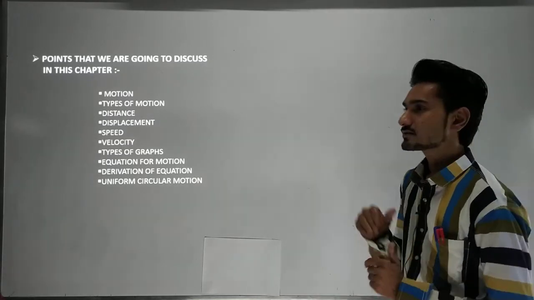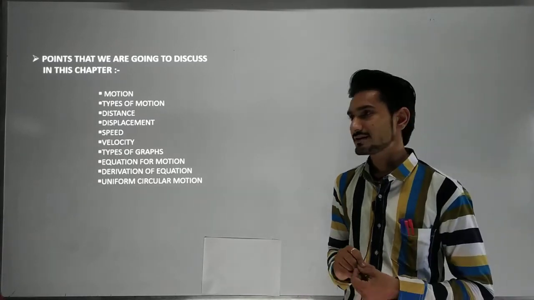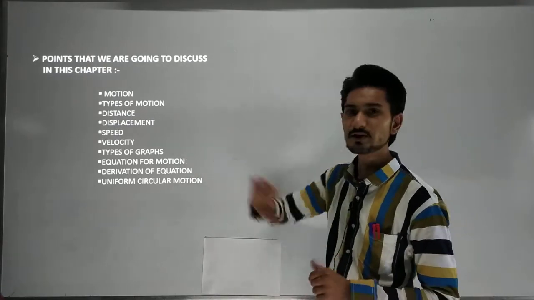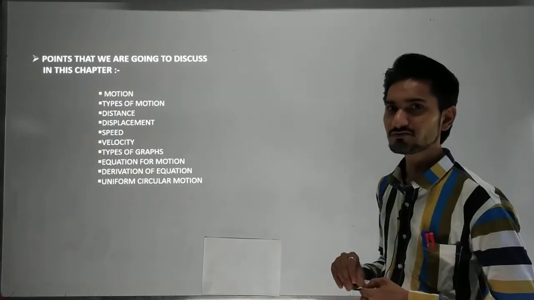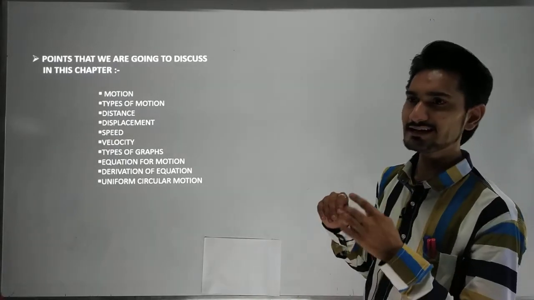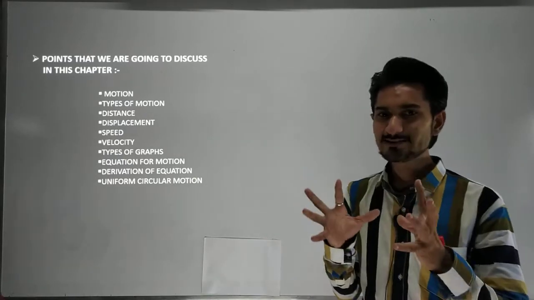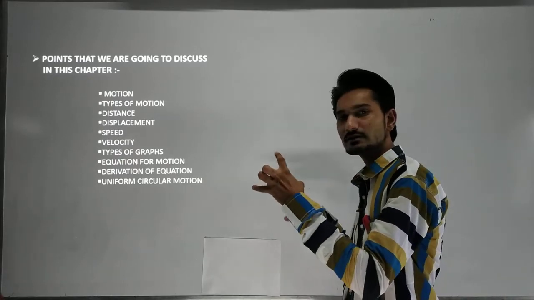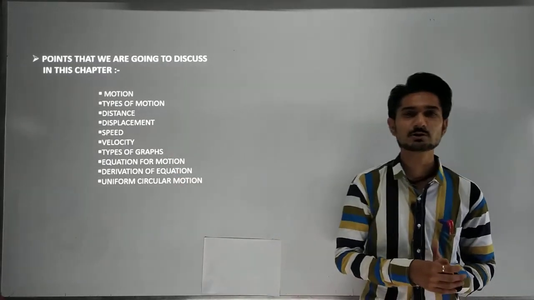Now what is speed? Whatever distance is covered in a particular time, if I measure both and define them with a ratio, that gives us the speed. If I travel at 5 km per hour, it signifies that I covered 5 km of distance in 1 hour. So speed signifies the distance I have traveled in the amount of time I have taken. Also we have seen what velocity is.